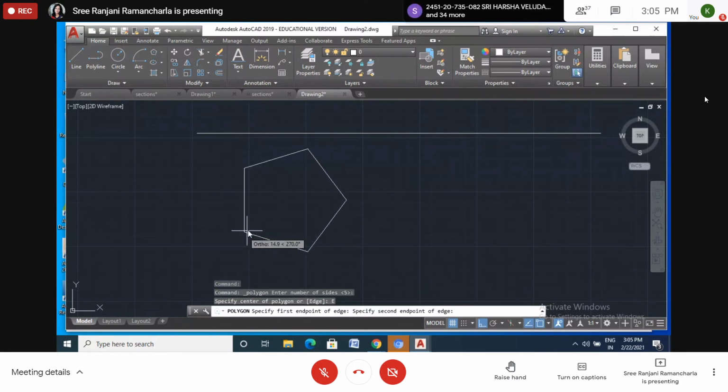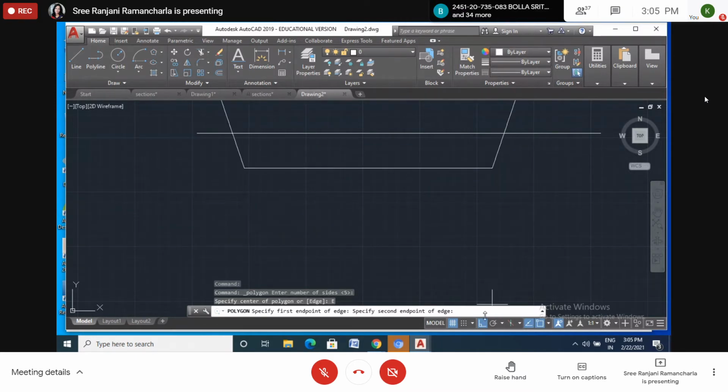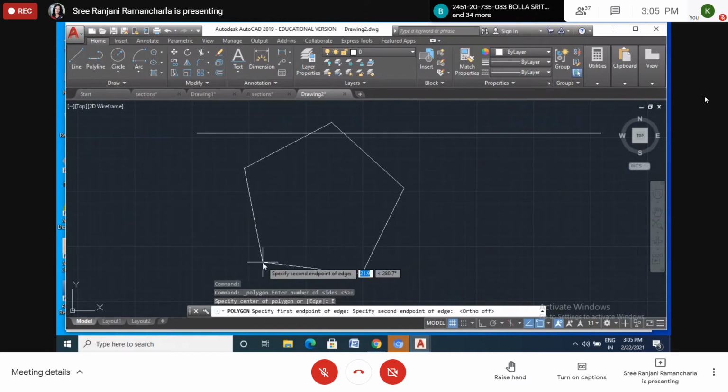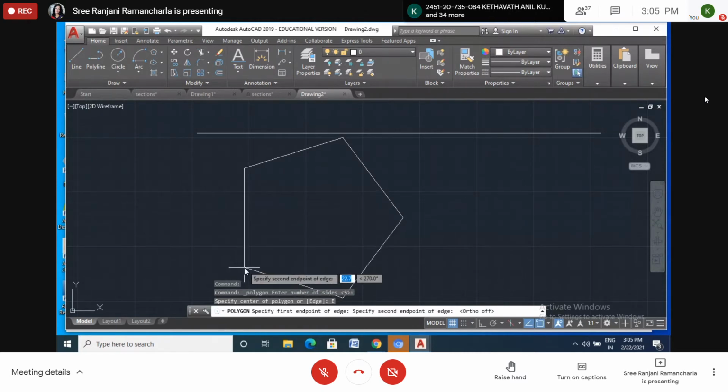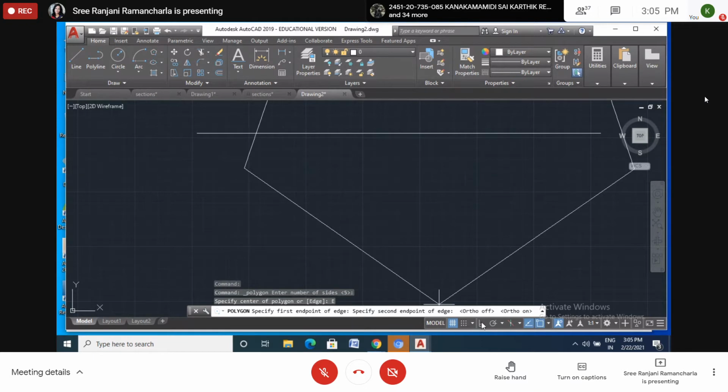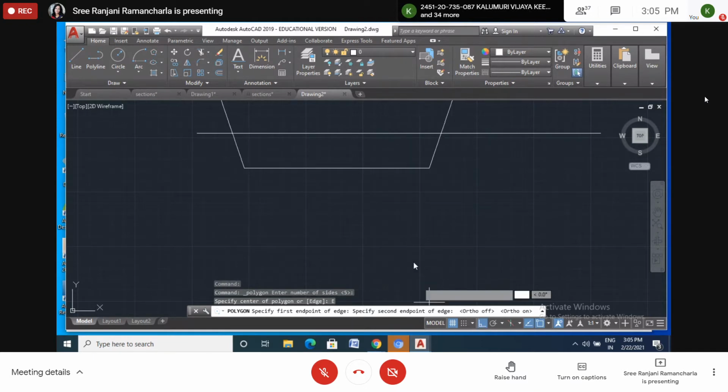So I am getting, I can take this as a vertical line, exactly vertical. Nothing but in this figure it is perpendicular. If I remove this one, you cannot take exactly perpendicular. Even though you think this is the perpendicular, sometimes it will show a lot of error somewhere else. So now you keep the ortho mode on.